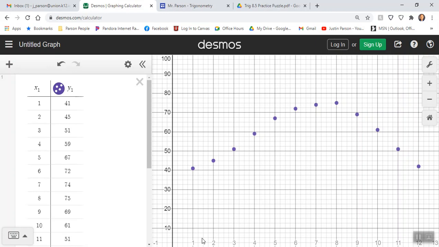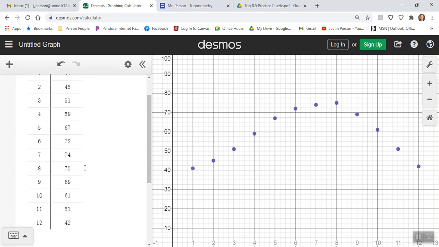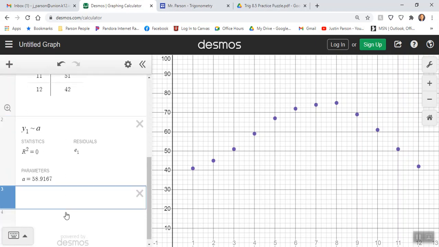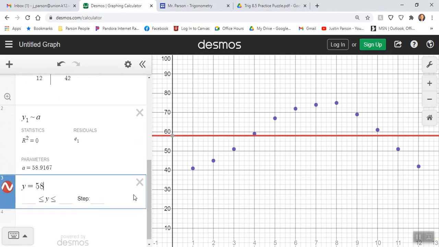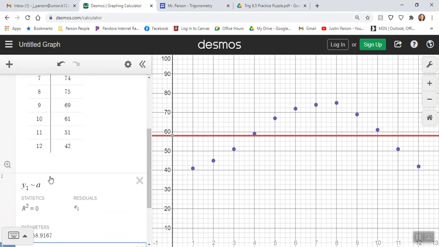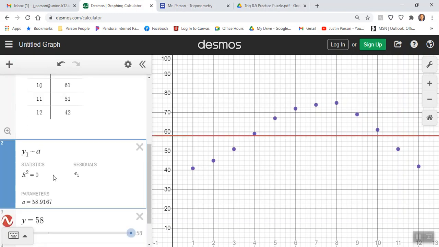I'll just tell you there should be a line. I'm just going to type in y equals 58 here. That's a pretty close midline to that, isn't it? Looks pretty close. So what you type in here, guys, is y1 is approximately a times,